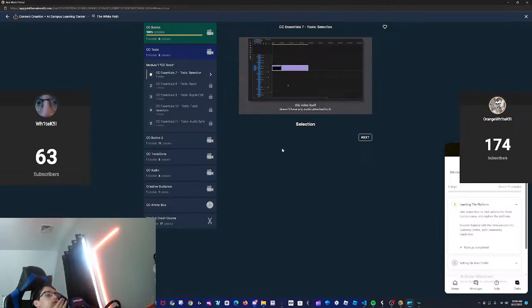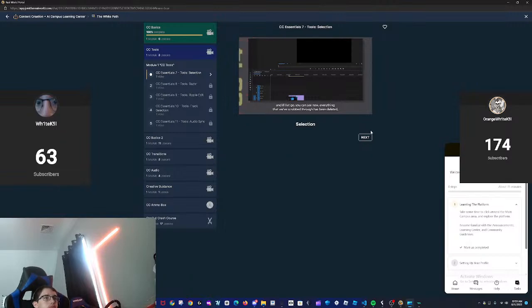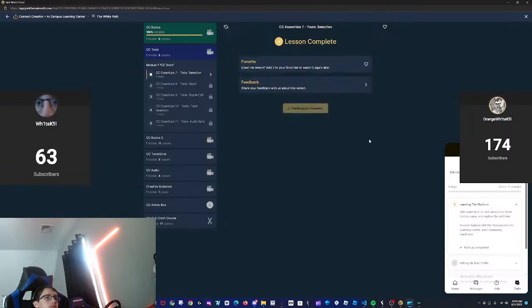This video itself doesn't have any audio attached to it. But what you'll find is with the selection tool, if you hover at the start of the clip, you'll see your icon change, and what you can do is drag this to make a cut on your actual video. What you can actually see over in the program monitor is where your cut will actually be made. So here we can see at 1:05 approximately, and if I let go, you can see now everything that we've scrubbed through has been deleted. If I go to this clip at the start of the clip,